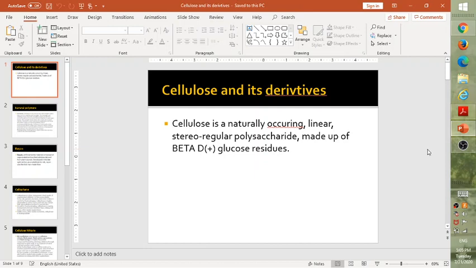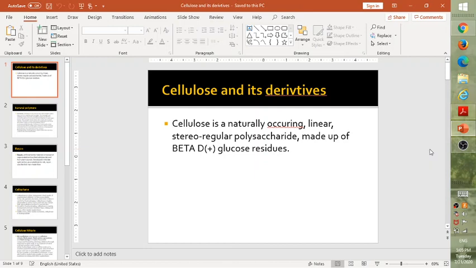This is your first time in the Special Technology 1 class, plastic and polymer technology. We will be beginning our unit number 3, that is natural polymers, which includes cellulose and its derivatives. As I told you, the best book that you can refer